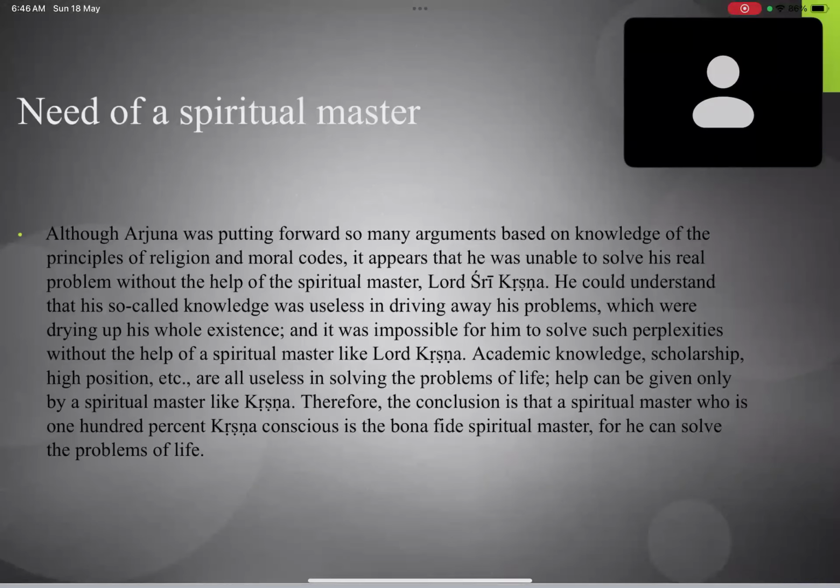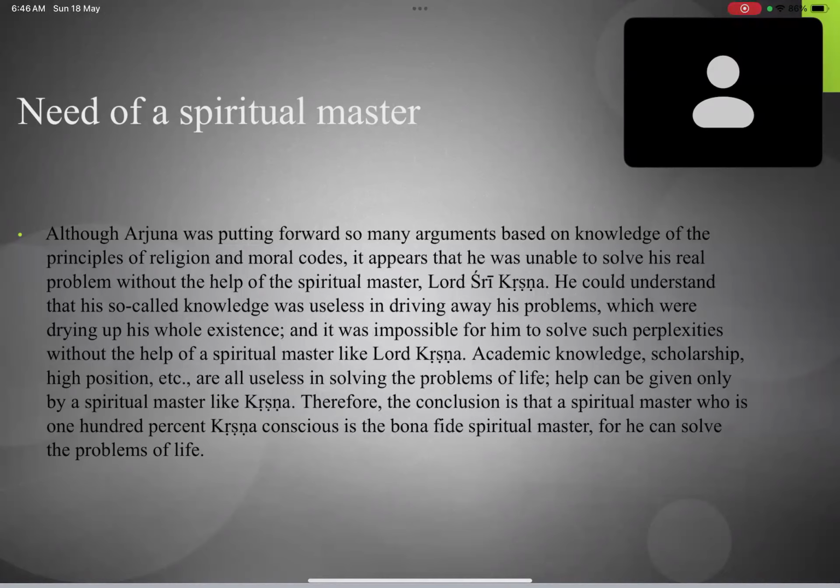Need of a spiritual master. Although Arjuna was putting forward so many arguments based on knowledge of the principles of religion and moral codes, it appears that he was unable to solve his real problem without the help of the spiritual master, Lord Sri Krishna. He could understand that his so-called knowledge was useless in driving away his problems, which were drying up his whole existence, and it was impossible for him to solve such perplexities without the help of a spiritual master like Lord